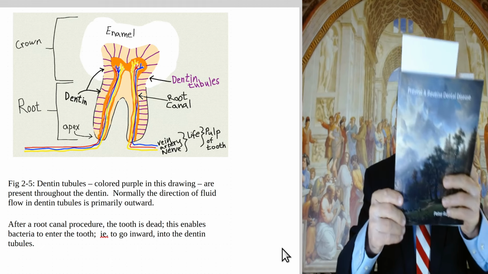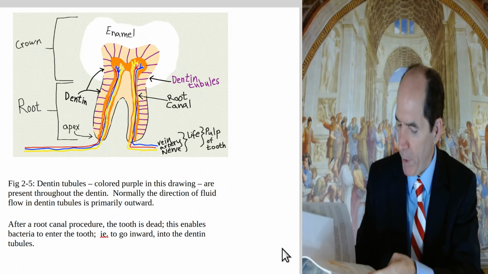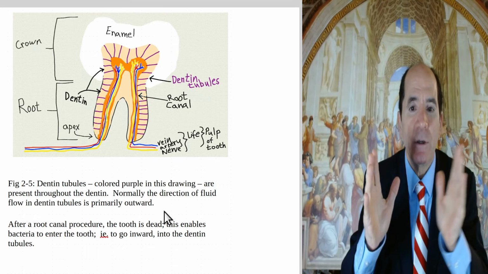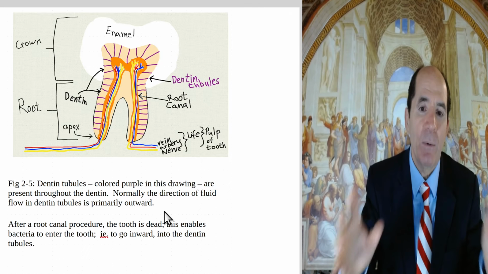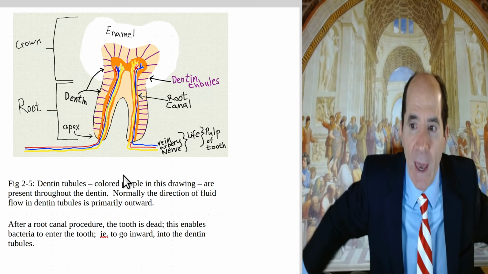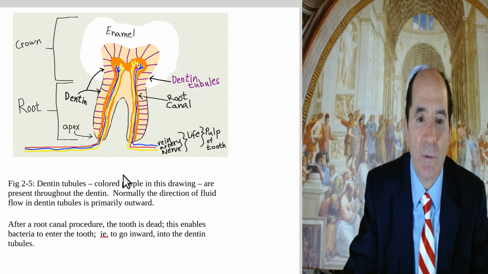Okay, we're continuing with this book here, Prevent and Reverse Dental Disease by me, Pete Rogers. We're on page 18. We talked about the anatomy of the tooth, what cavities look like, and what cavity fillings look like, but now we have to go into more detail to understand how you prevent cavities. The secret of preventing cavities is understanding what I'm going to teach you right now,